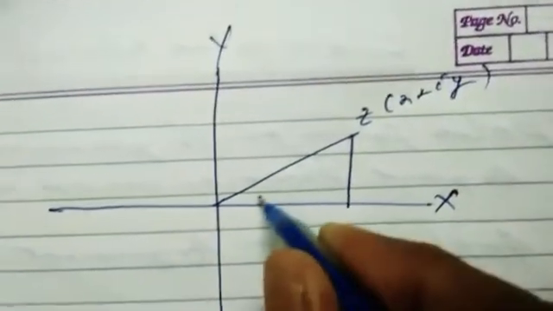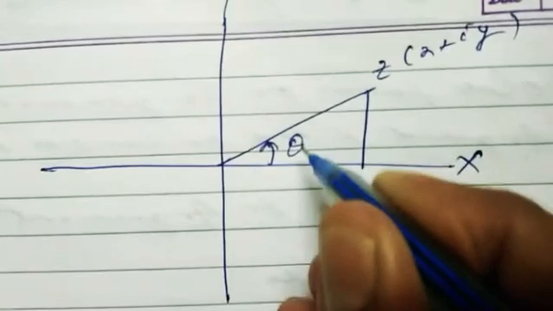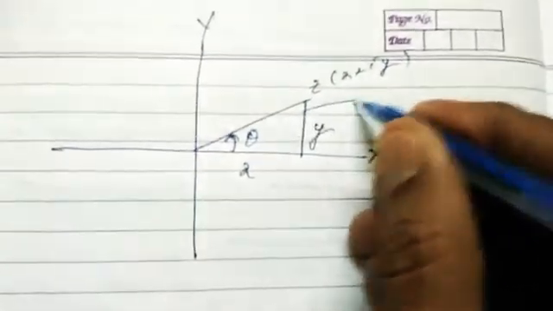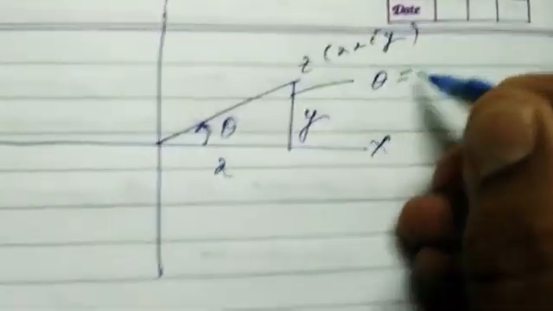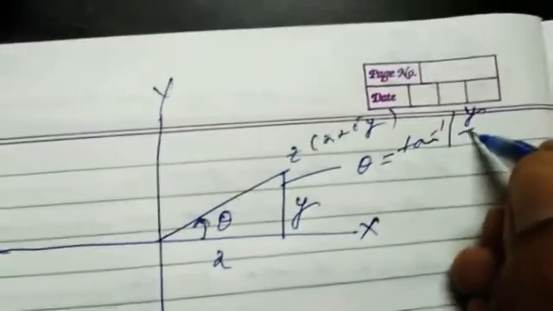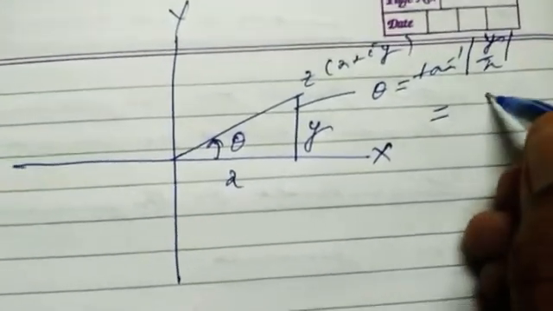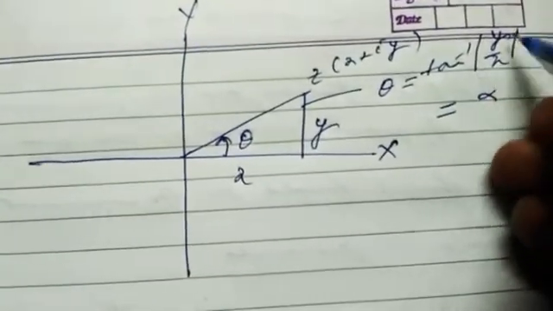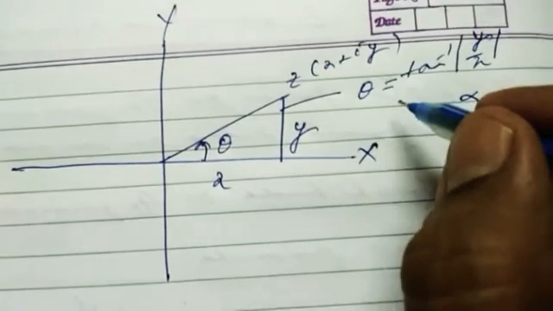be the complex plane. This is theta, this is x, this is y. When we are representing it here in the first quadrant, theta will be equal to tan inverse y by x. I have taken it like that, and let us suppose this is alpha. I have taken the modulus of y by x, because